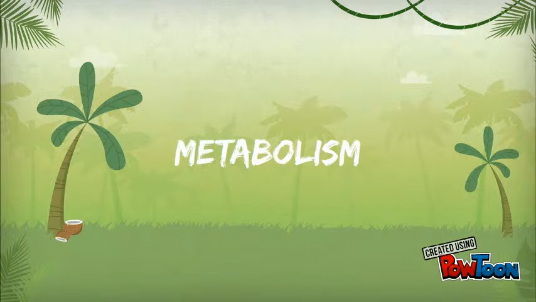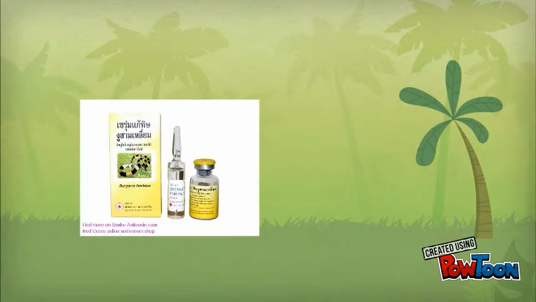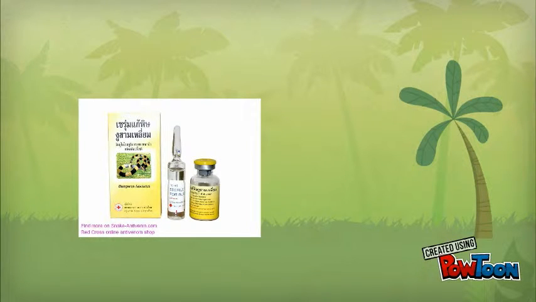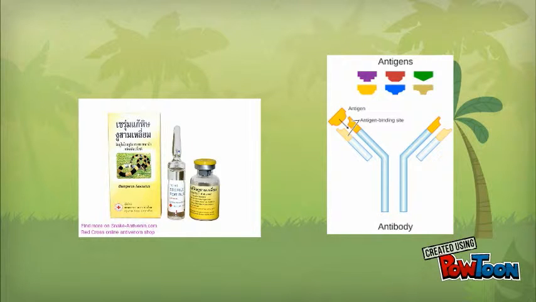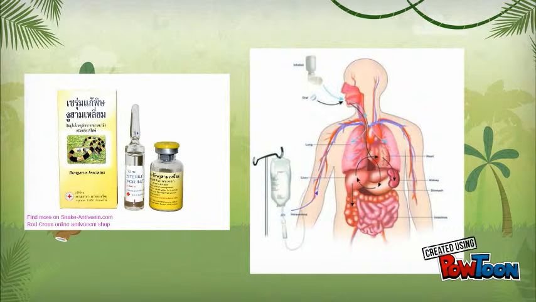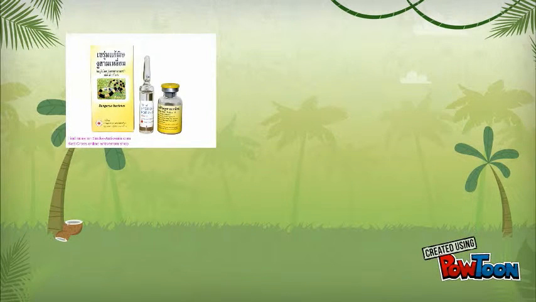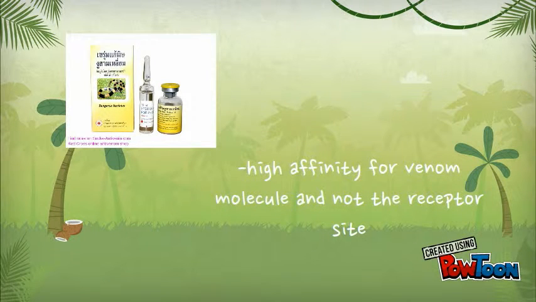The primary mechanism by which all venom components, including PLA2, are broken down in the body is via interaction with an administered antivenom. Antivenom is composed of several types of antibodies which specifically bind to molecules in venom. Antivenom is administered intravenously in order to force venom component molecules to release from receptor sites and deactivate them. This occurs because the antivenom has a high affinity for the venom molecules and not the receptor site.